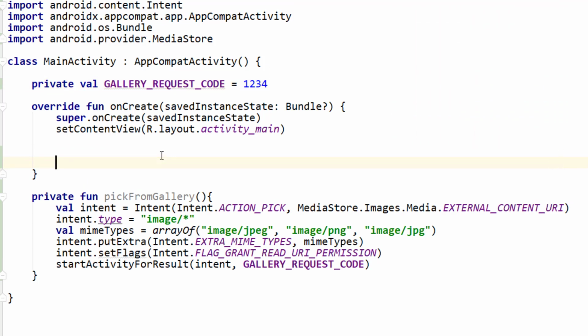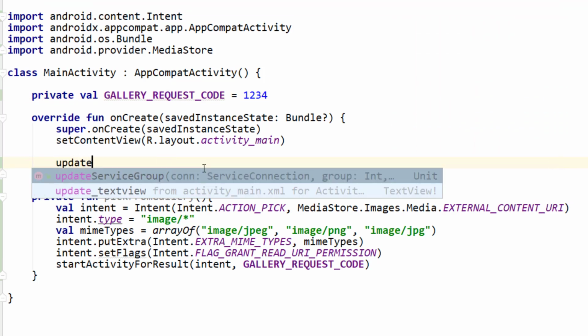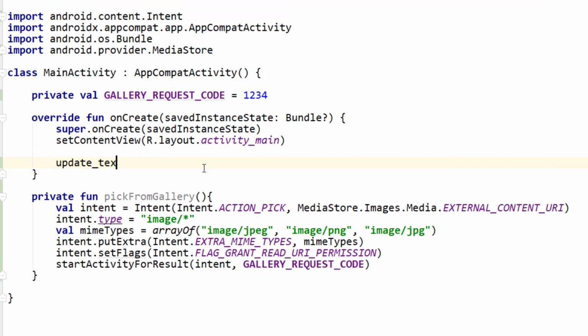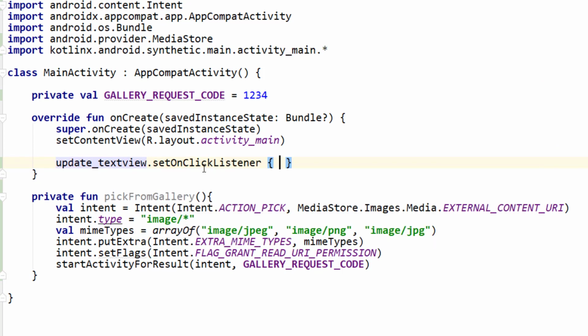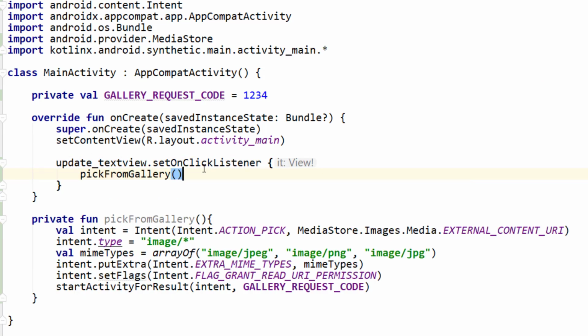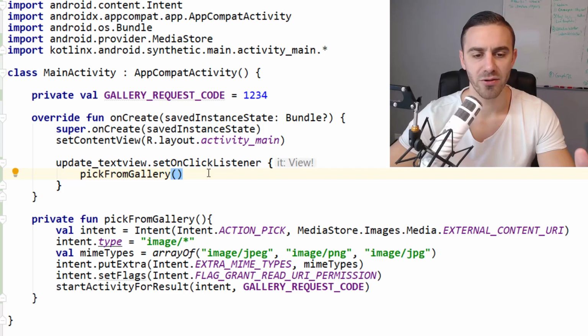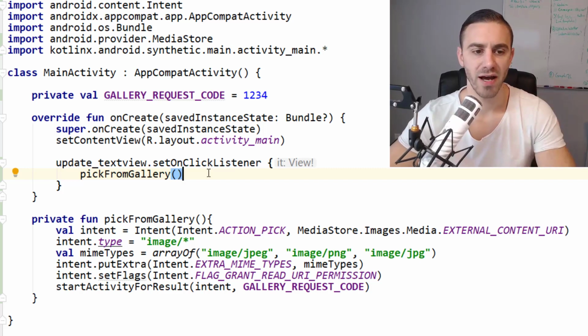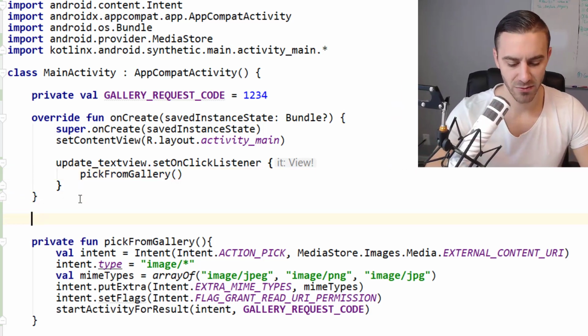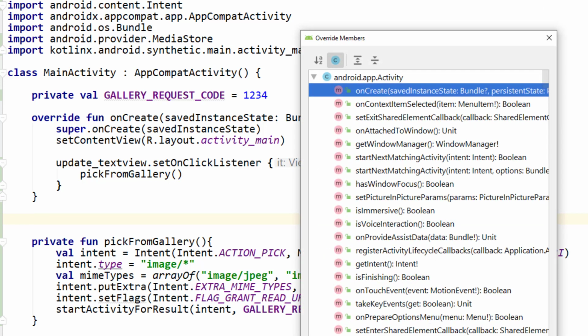So now I want to attach an onClick listener, updateTextView, I believe. So that's just that text view that's inside the layout. I want to set an onClick listener and go pickFromGallery. So calling that gallery intent and launching that. So now that we have a way to choose an image from the gallery, we need a way to retrieve that image. So we're going to be using onActivityResult for that. So Control O, so press Control O,